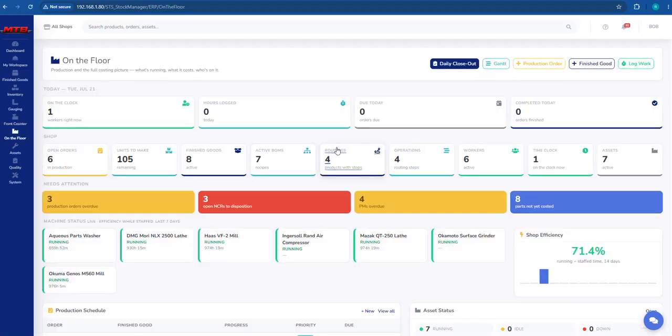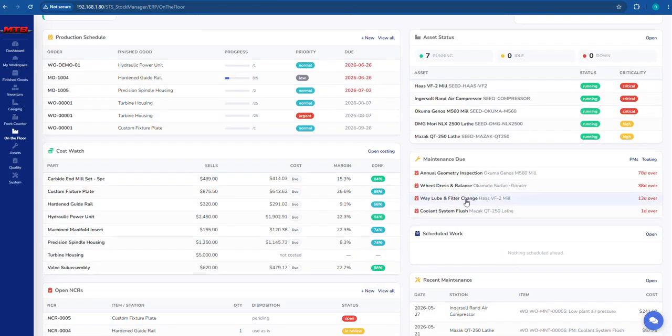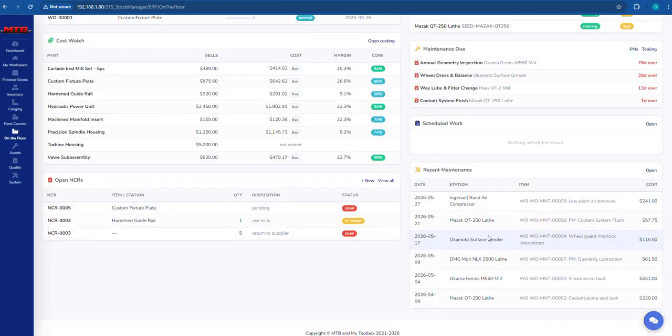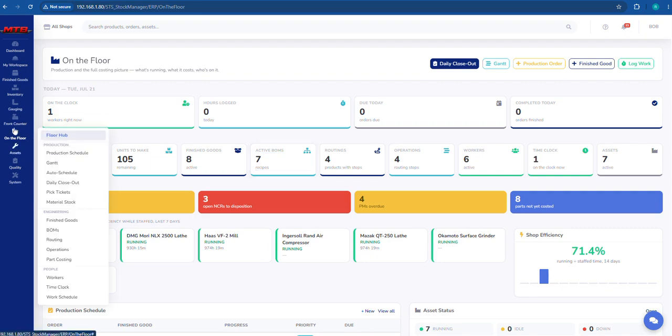Your floor, again, a lot of stuff in here, but this shows you like your machines, finished goods, all the stuff you have going on in your floor, recent maintenance done to machines. One of the coolest features in here, in my opinion, is the push button record. So when you do the push button record, you can go from that to multiple different things,